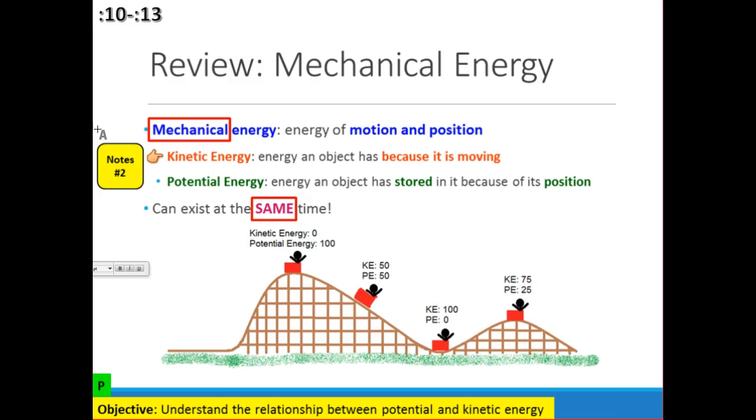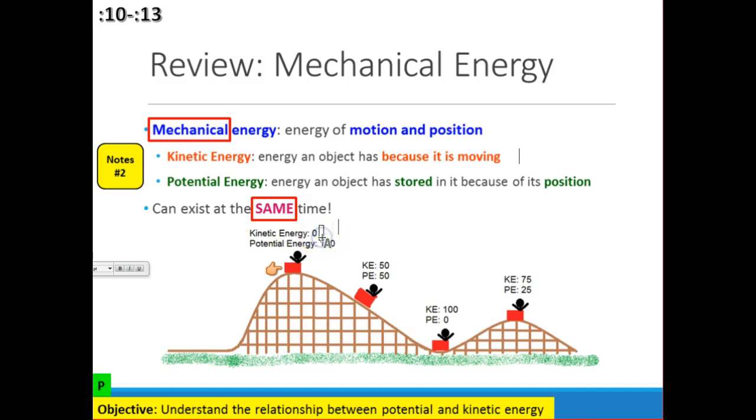Well, we know that kinetic energy is the energy of movement. Yes, of motion. That's right, Robert. Thank you. And it has this energy because it's moving. So if you think about the roller coaster, up here, is the roller coaster moving? Yes or no in the chat? It's gone up this hill. Here it is positioned at the top. That's right, it's not. So we have zero kinetic energy.